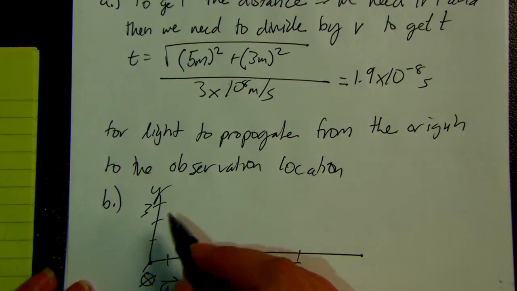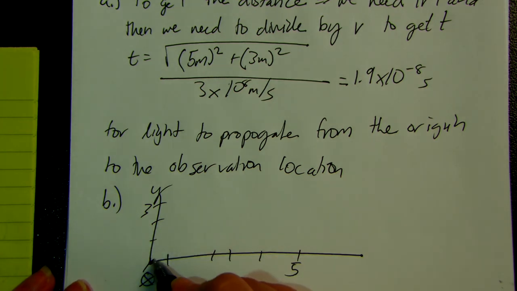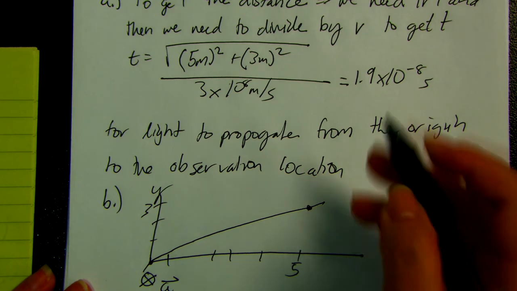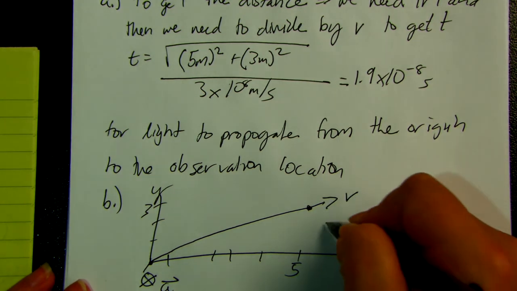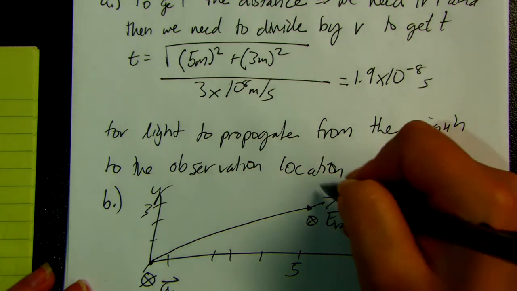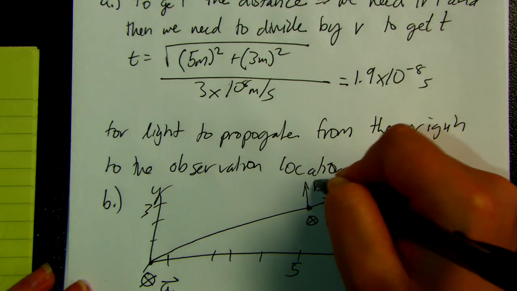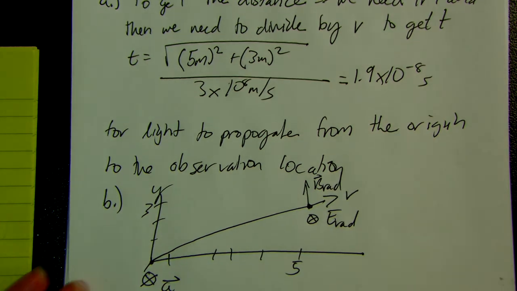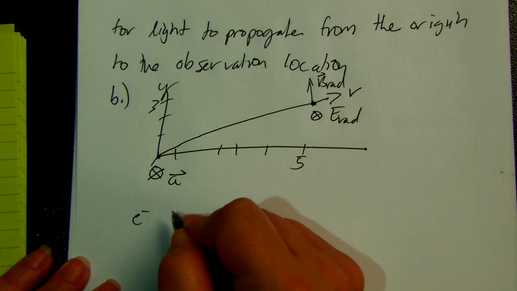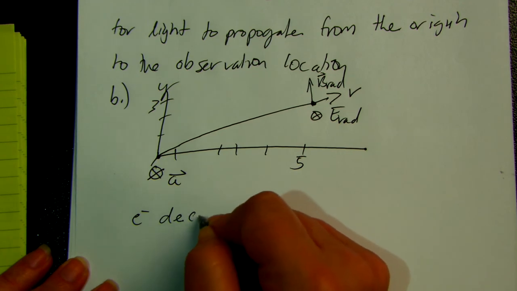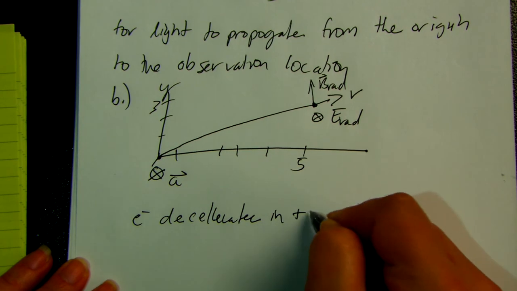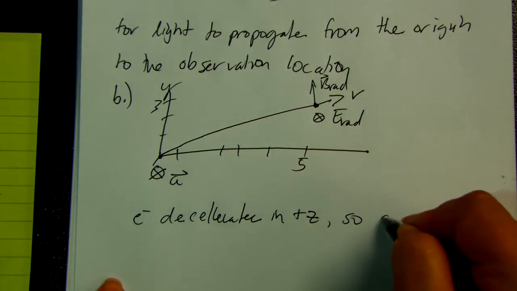Okay, so here we are. V, we've got E rad, B rad, all here. So E minus decelerates in positive Z, so A